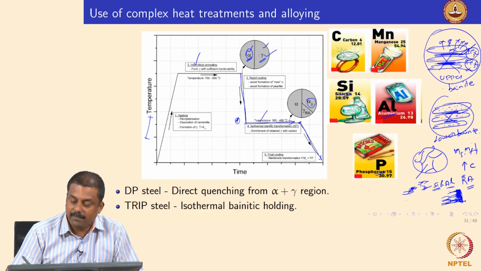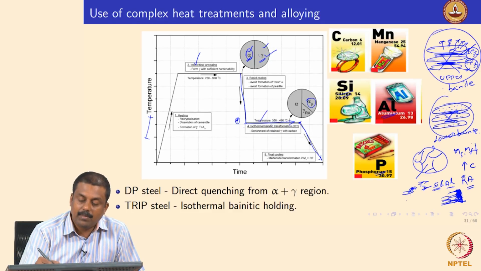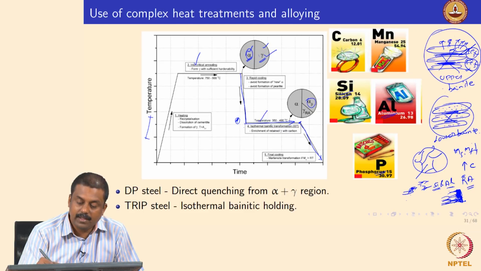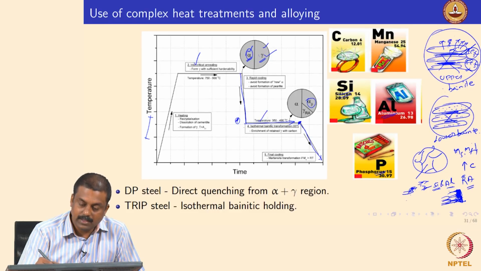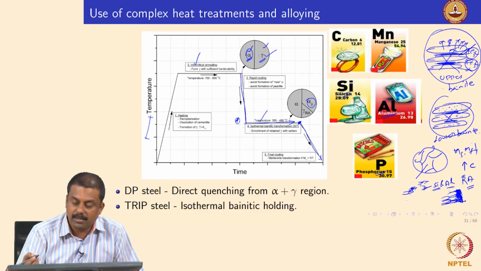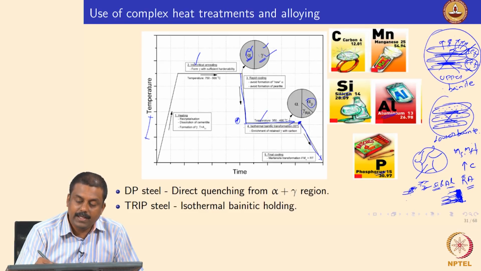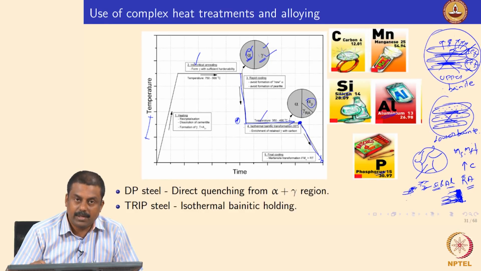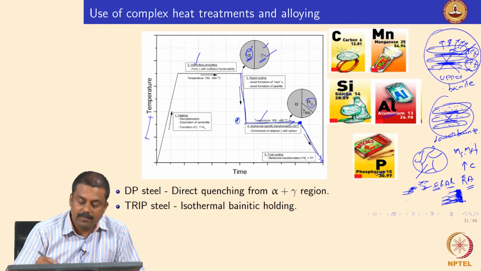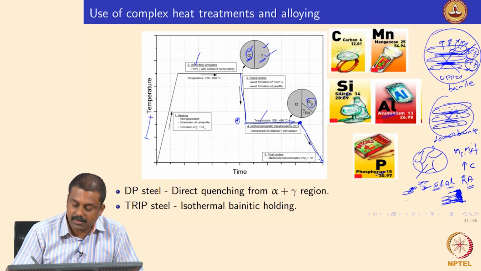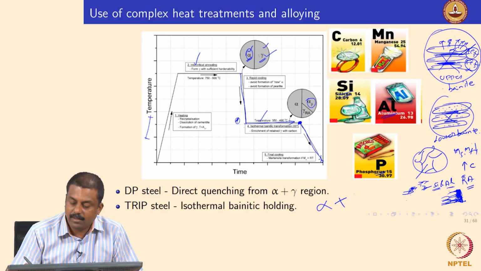So, you will have only bainitic ferrite and some untransformed austenite during this treatment up to this point, say for example in this graph. Then subsequently when you cool back, some austenite may transform into martensite, but that is very insignificant. The majority of the retained austenite, which is stabilized here, would be stabilized to room temperature, right.